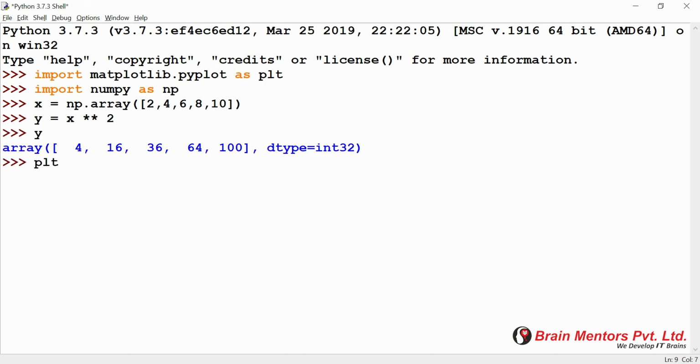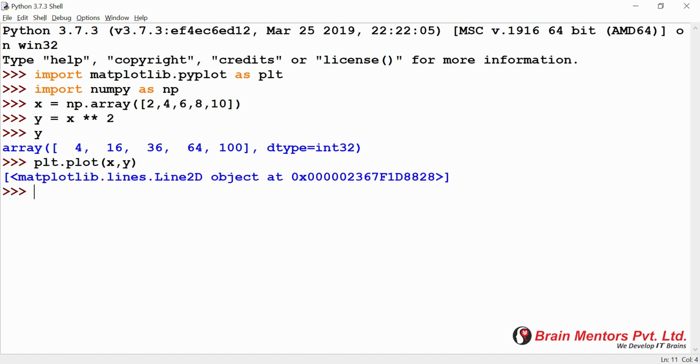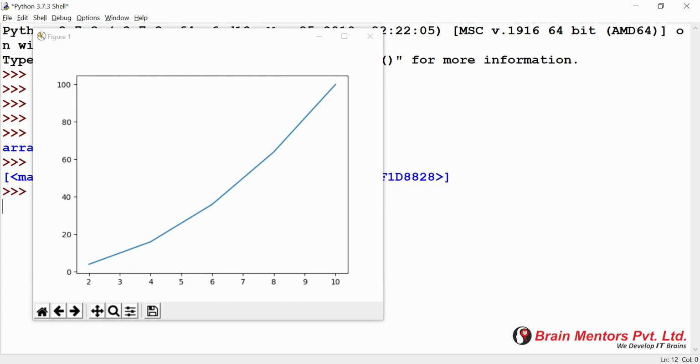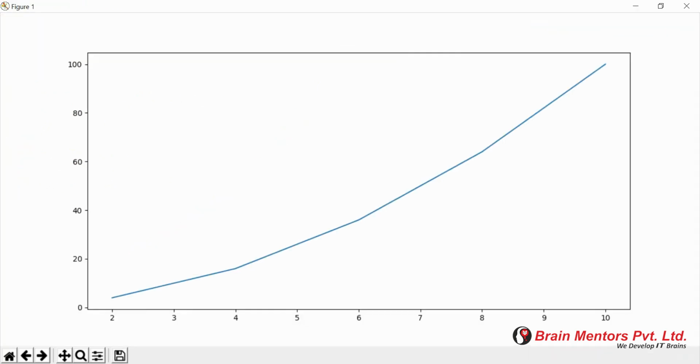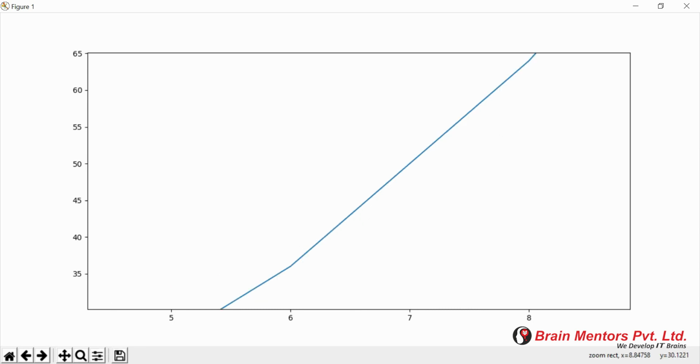Now if I want to plot x and y, I just need to write plt.plot x comma y, and finally to show the graph you will write plt.show. That is a predefined method of Matplotlib. And now you see this separate window. Because of this separate window I am using IDLE right now, to show you that there is this window, and inside this window you can see at the bottom right there is x and y, and you can also zoom in, zoom out this graph to see more insight of this graph.